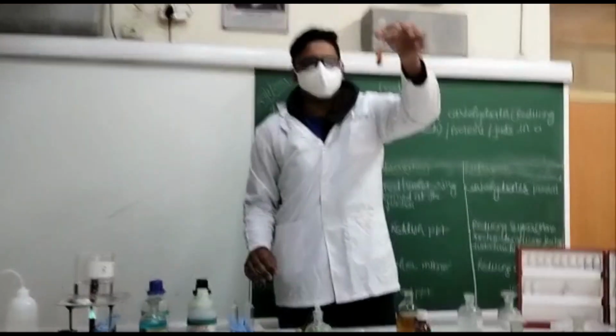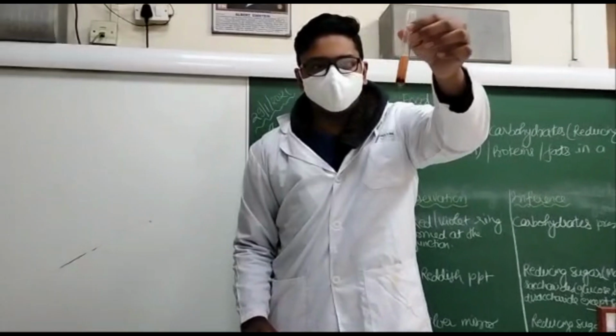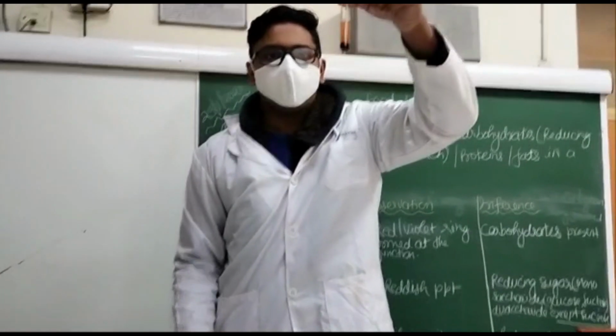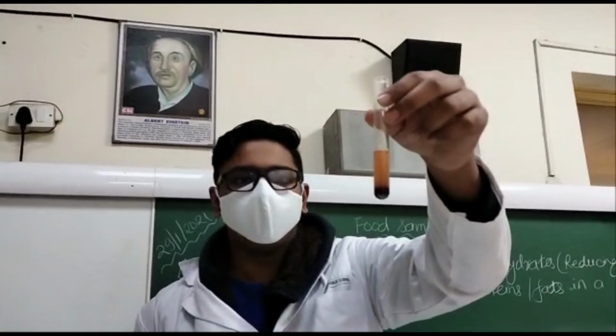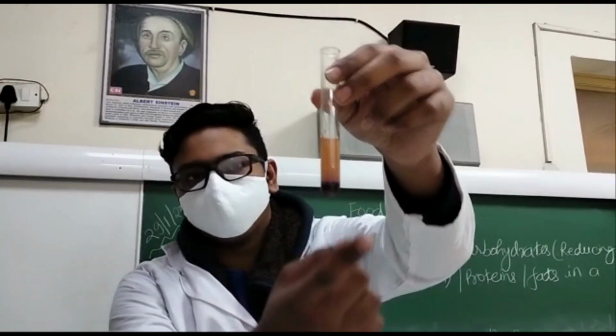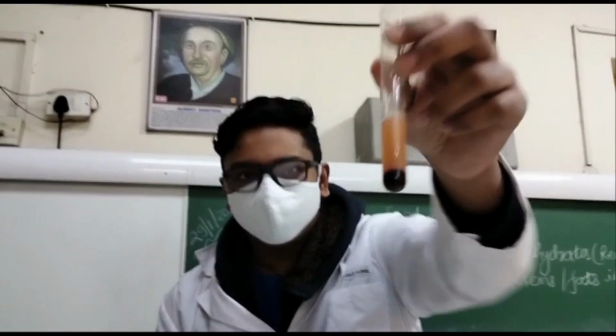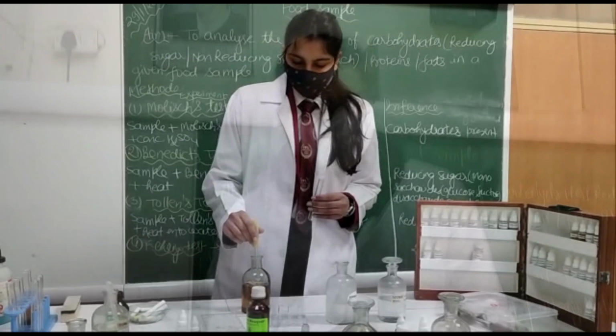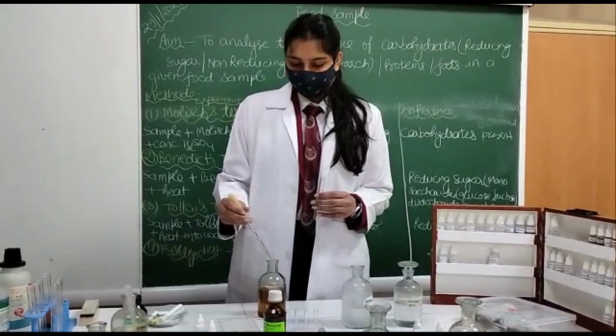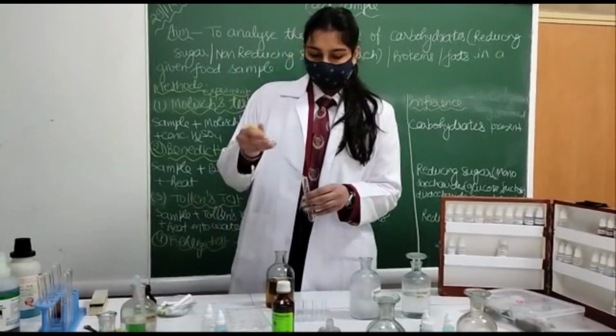So this is the precipitate that we observed. Ring, violet ring. Do not shake at all, beta. There is a violet ring around the junction of the test tube. For sample B, the Molisch test is confirmed. Now we will do the Benedict test.